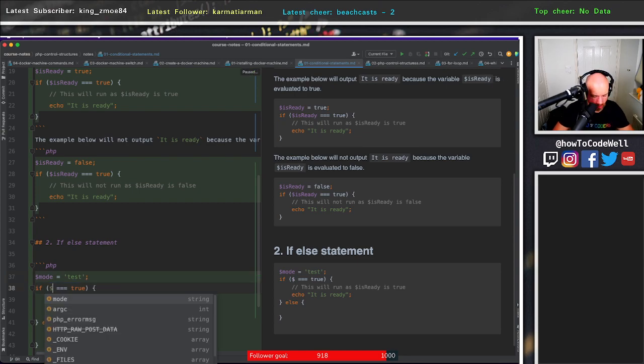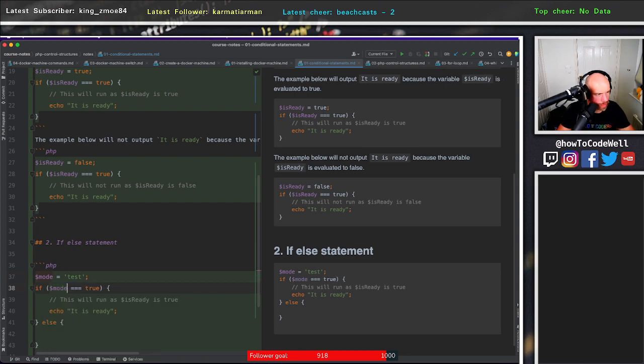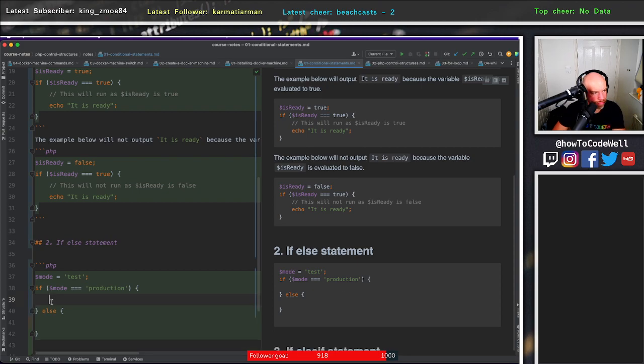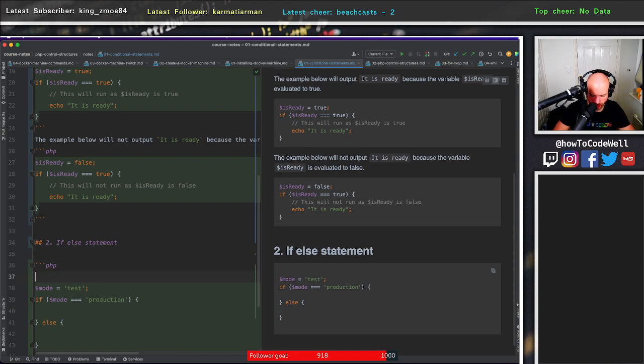So if mode is equal to dev or test or production, and then let's have settings is equal to an array,